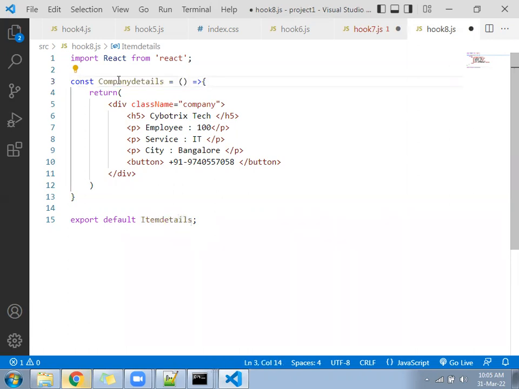Function name change to company details.